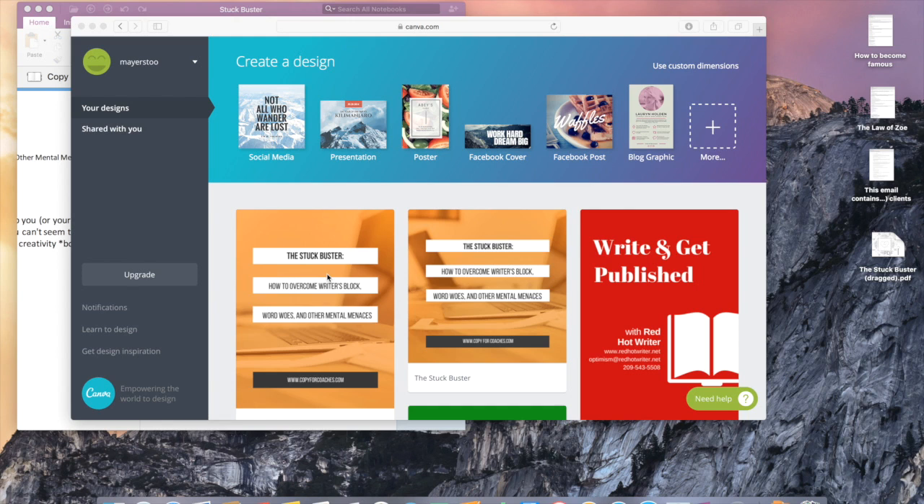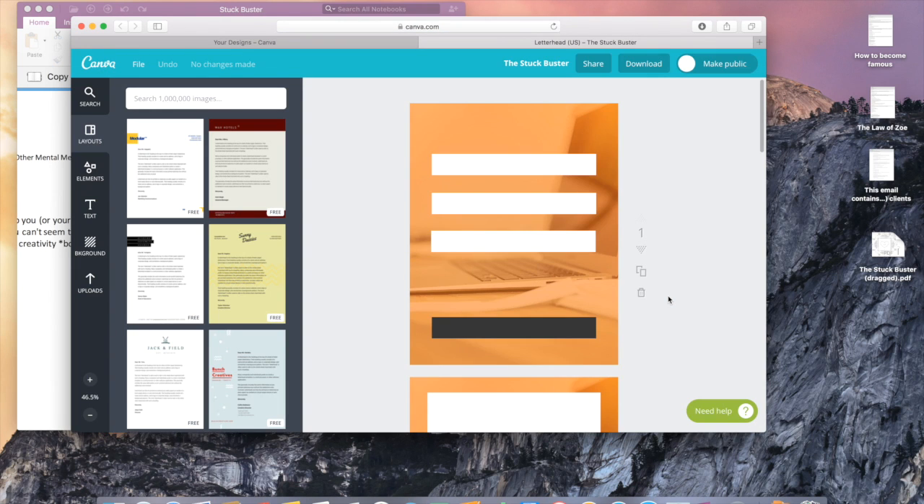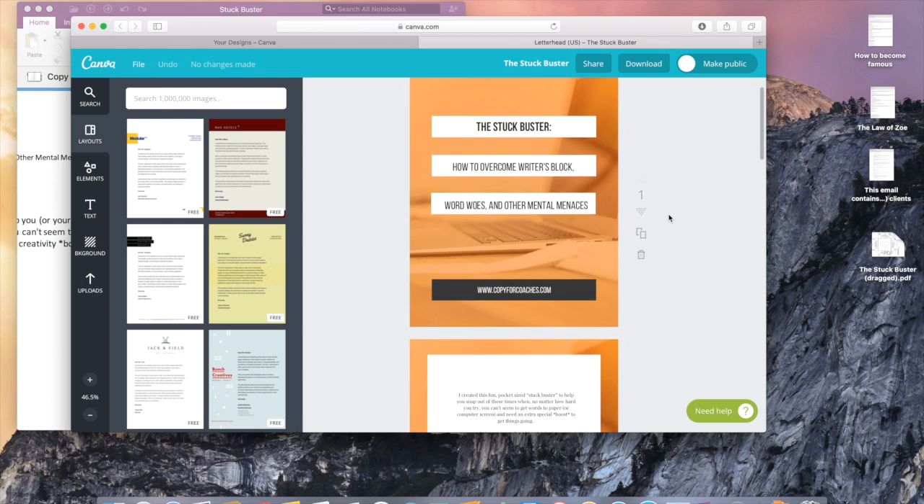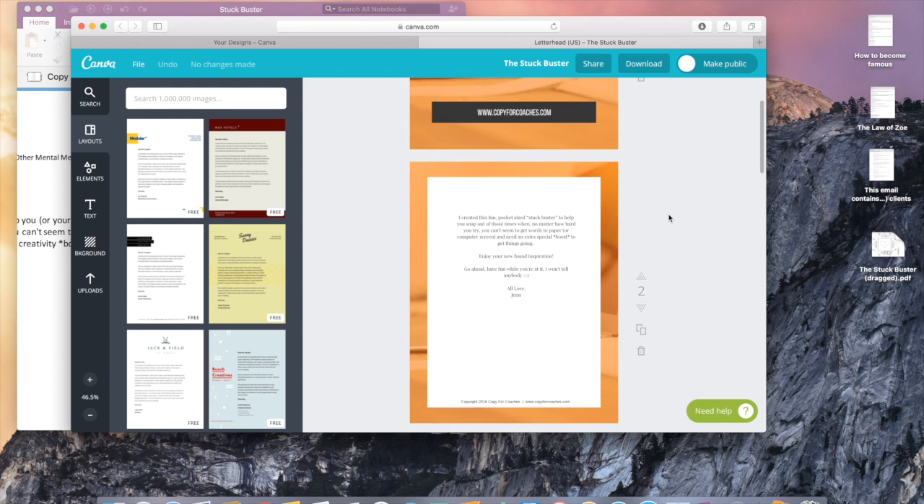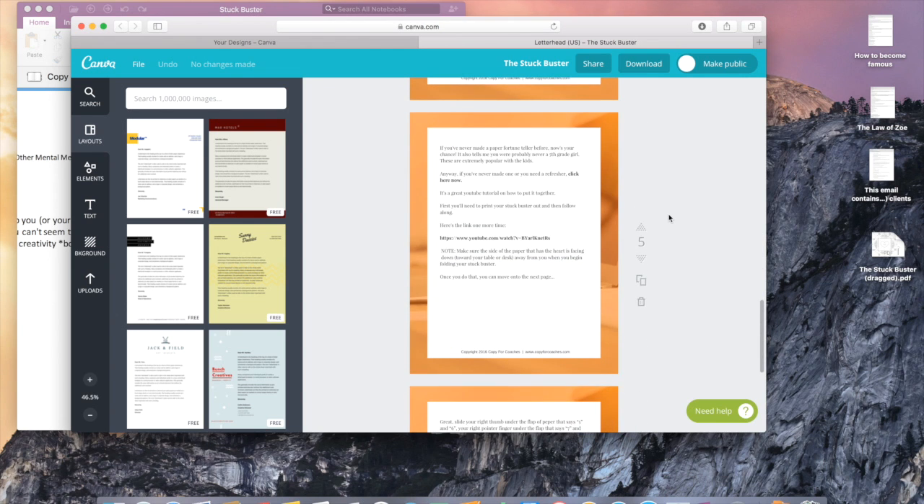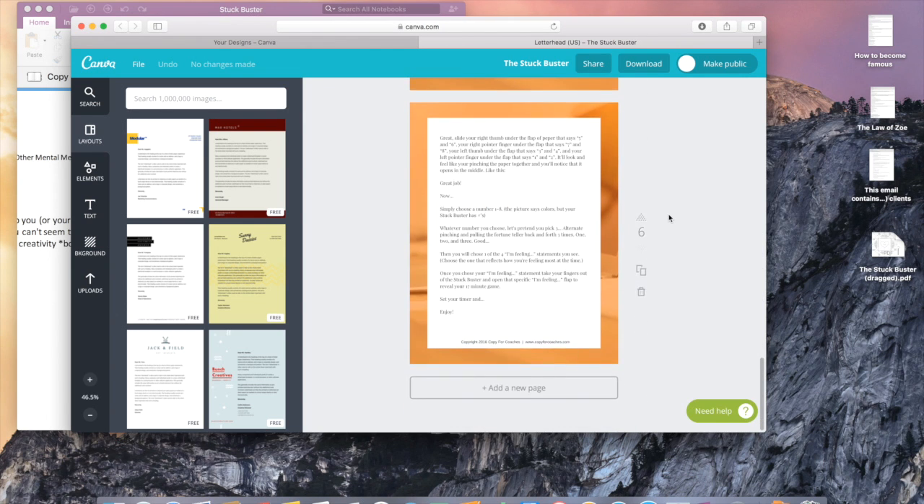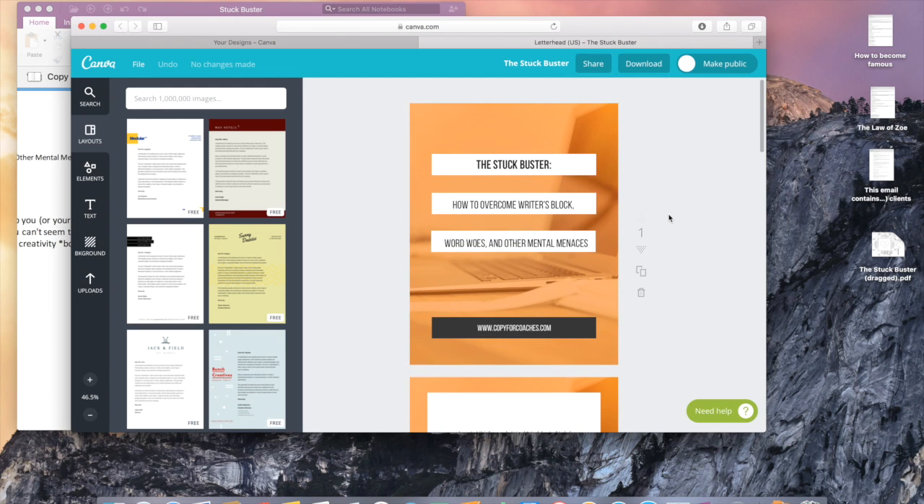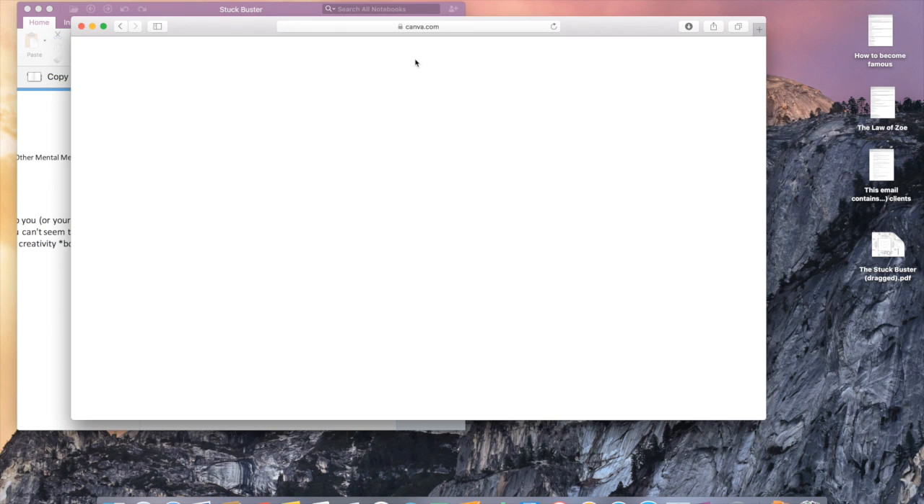And so I'm creating the Stuck Buster, and this is what it will end up looking like at the end, so you can see just how easy it is to create a PDF or a freebie that looks really professional. So this is just the simple document. This is what they're going to get when they download, and you can see it looks pretty well put together. Okay, so I'm going to go in and pretend I'm creating a brand new